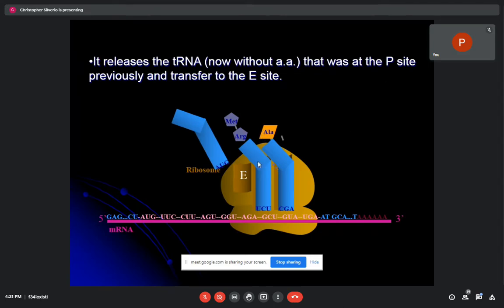This will again transfer to this one, and then it will exit. And this one will transfer to the P site, and then here comes again another transfer RNA. That is why